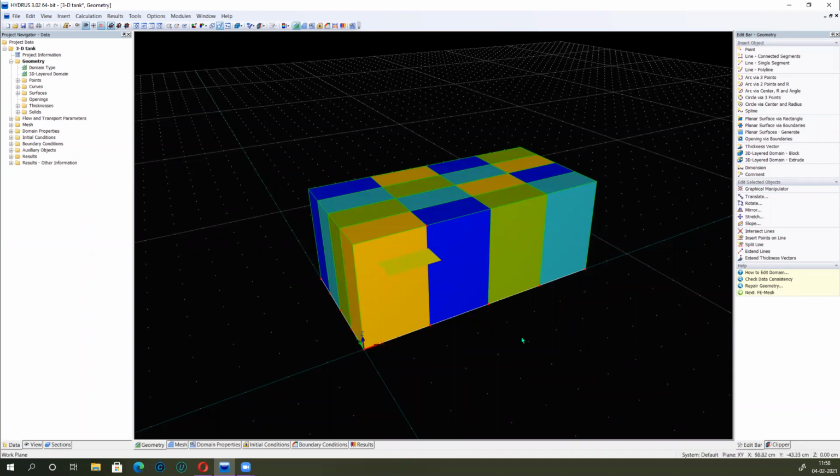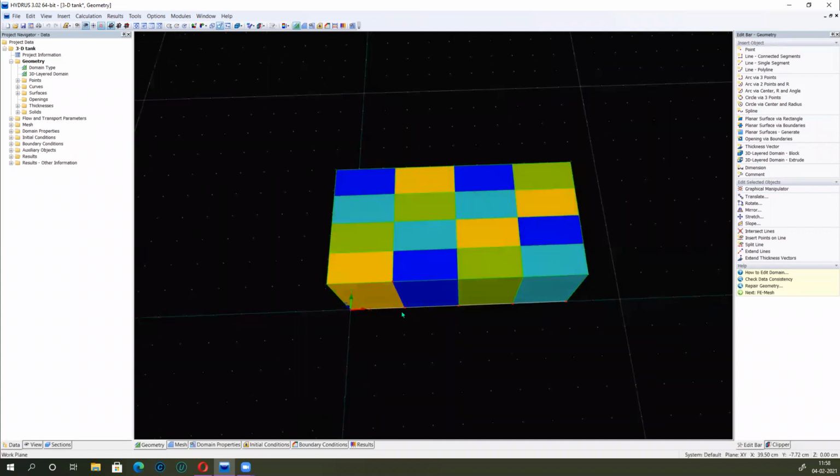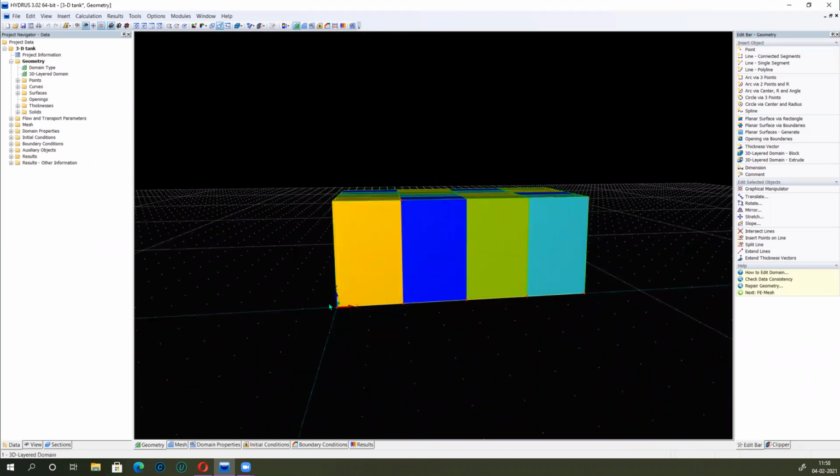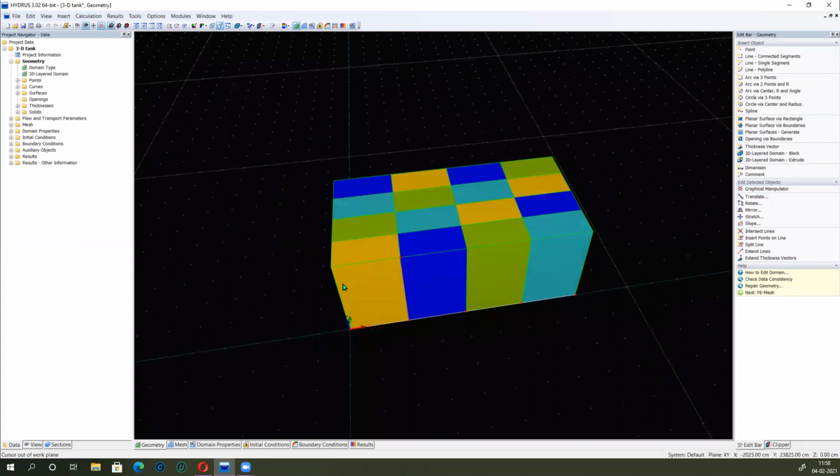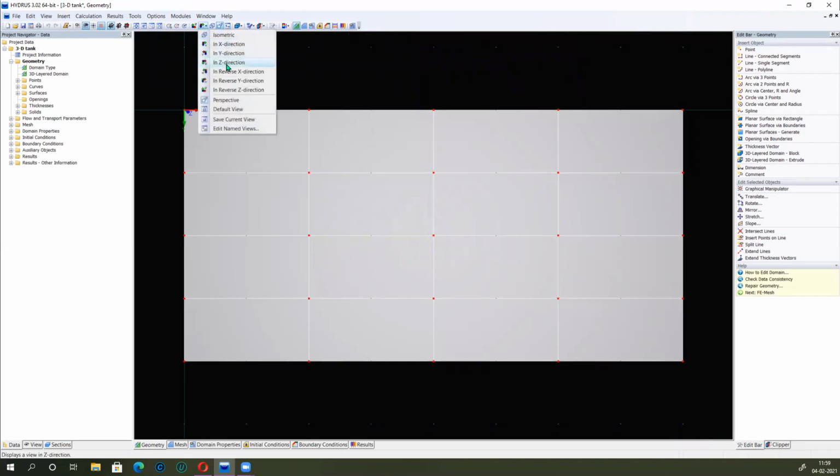Hello everyone. So today I'm going to show you how I simulated a 3D layered medium with random blocks of material. The dimension of this block is 2 meter in length, 1 meter in width, and 80 centimeter in height, in which I have considered a block of 50 centimeter by 80 centimeter by 25 centimeter of one material. So you can see from the top view that,